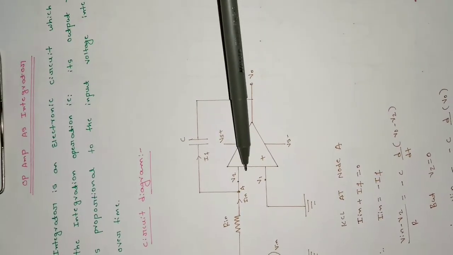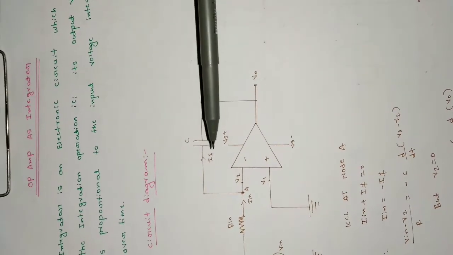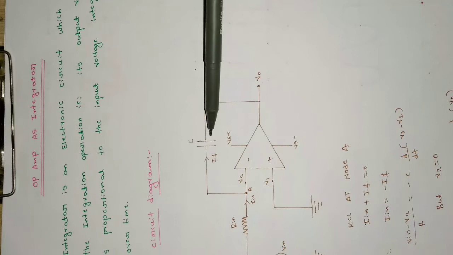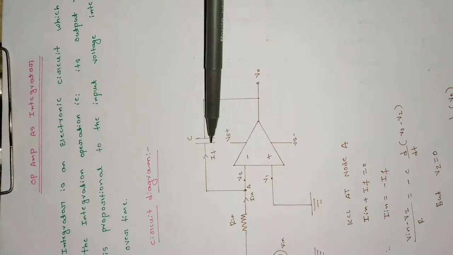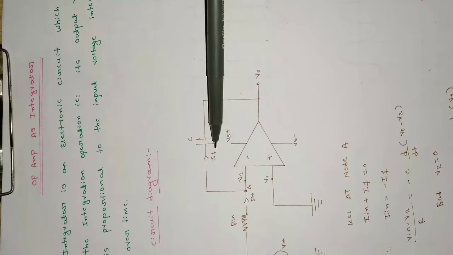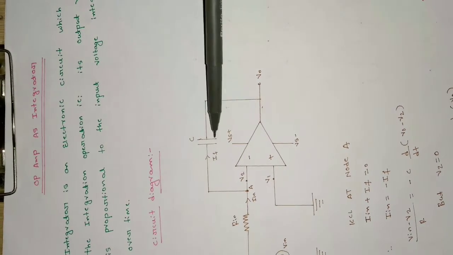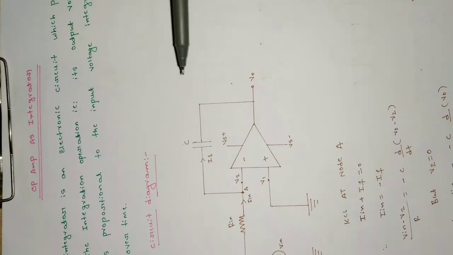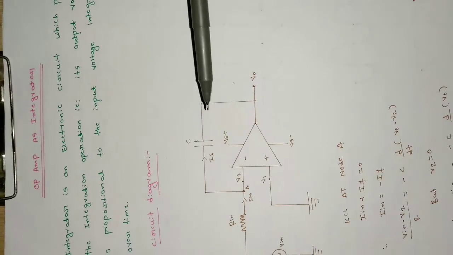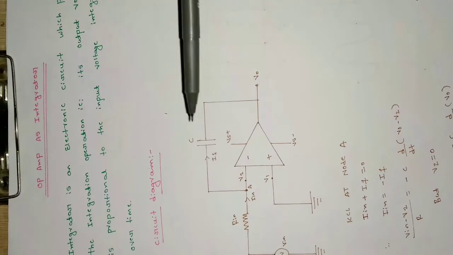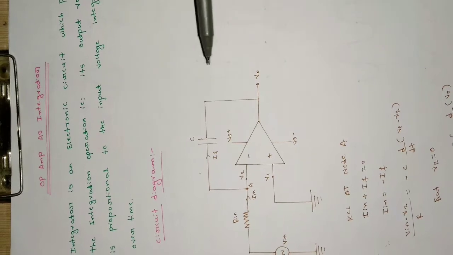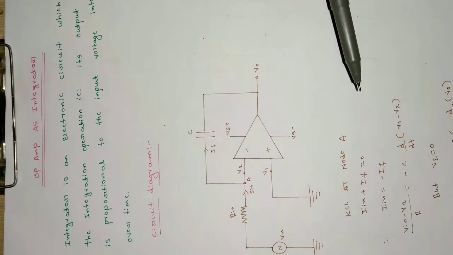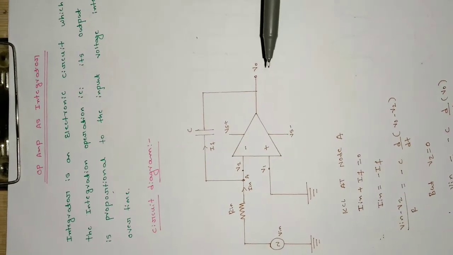As no current can flow inside the op amp, the I in current will go to the feedback path, that is IF. It is in the feedback path, that's why I have named it IF. It will charge the capacitor during the positive half cycle and discharge the capacitor during the negative half cycle. Like this it will be summing the output over a period of time. So let us see some equations and try to find the output voltage equation here.